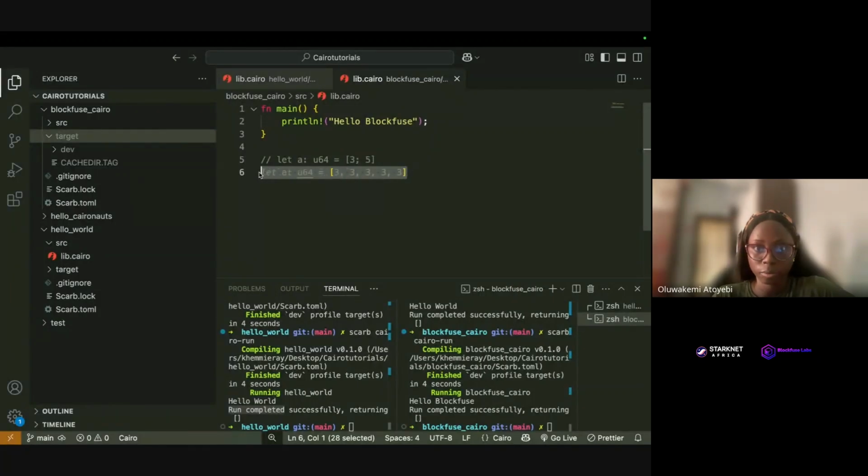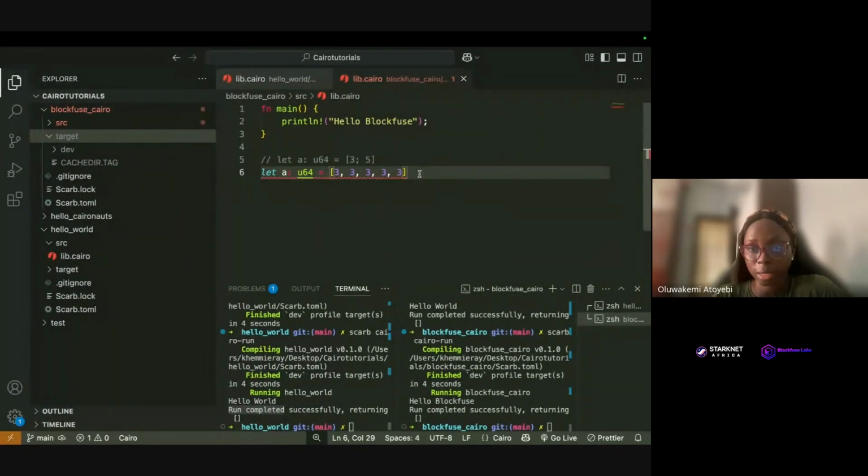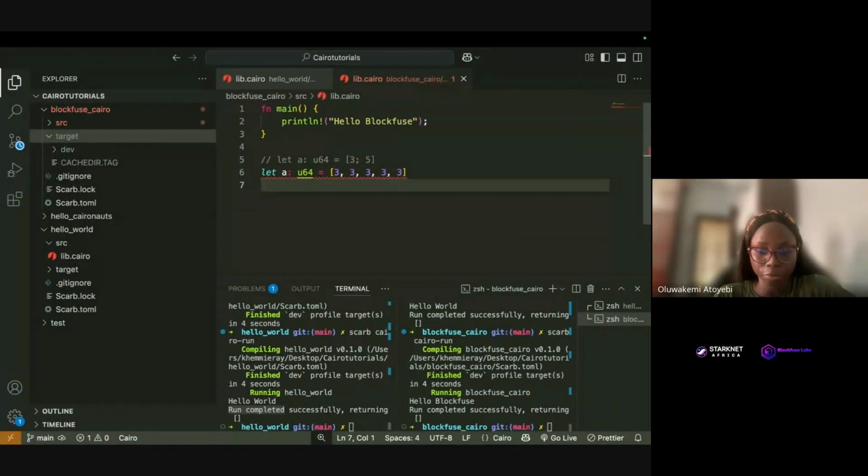So now this particular array does not have a variable name. So for me to be able to access, let's say, index 2, index 3, I can do this. First of all, create